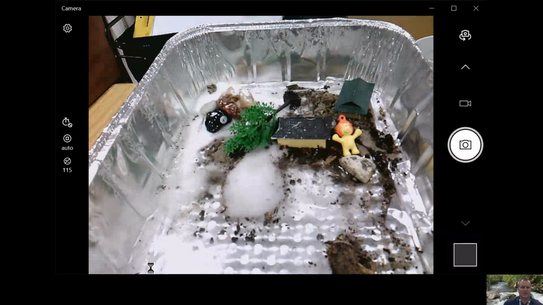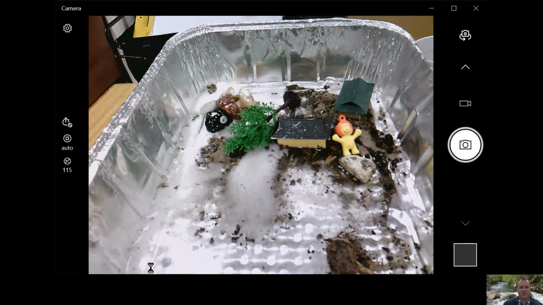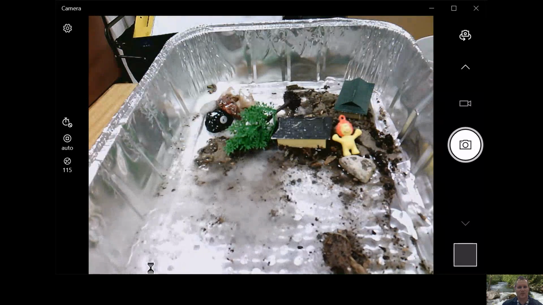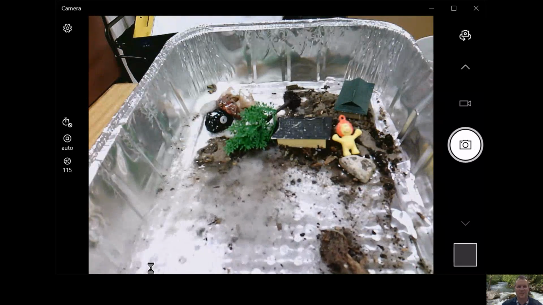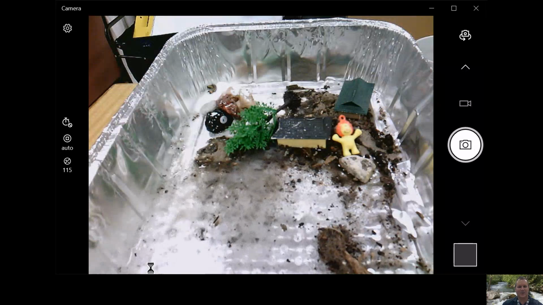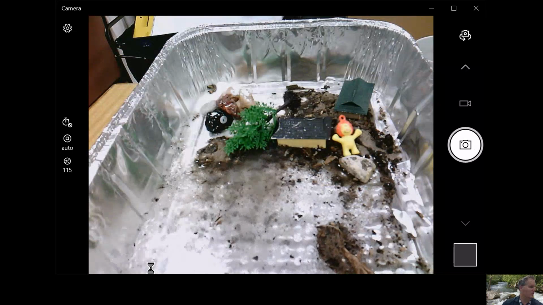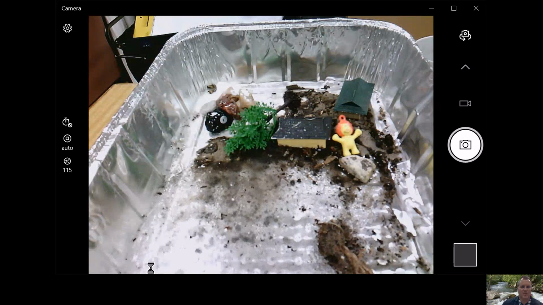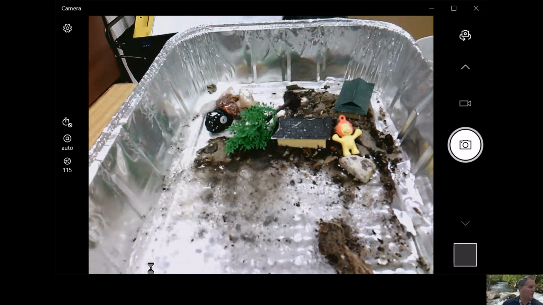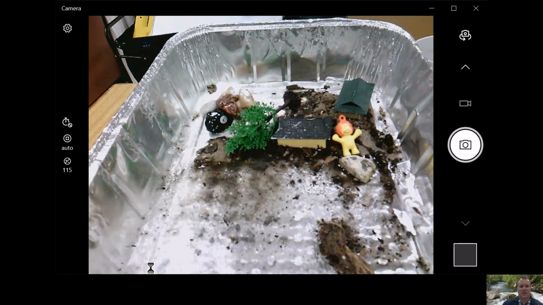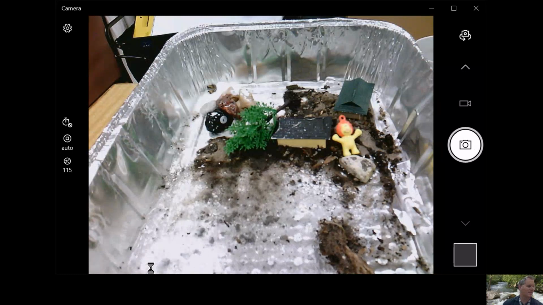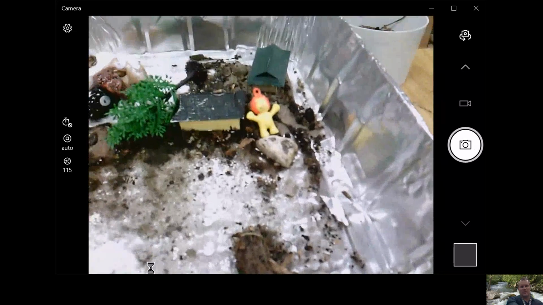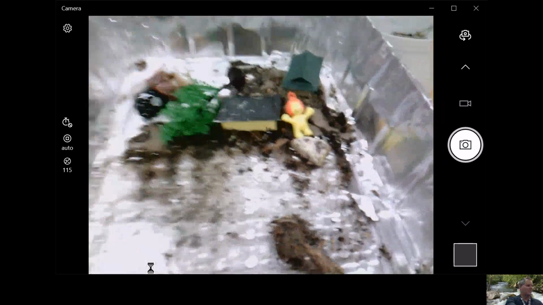Whoa, look what the volcano's doing. Look at the lava. It's not red lava. Could have colored it, but that's okay. Didn't have any red food coloring. And you can do that too. You can color your water blue, and if you want to make volcano lava, you can make that red. Oh, wow. Look what my volcano did too. Fast changes. Oh, Mr. Lion is definitely not having a good day, although he has a very good smile on his face. Anyway,